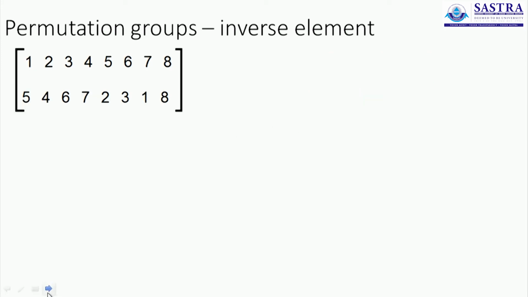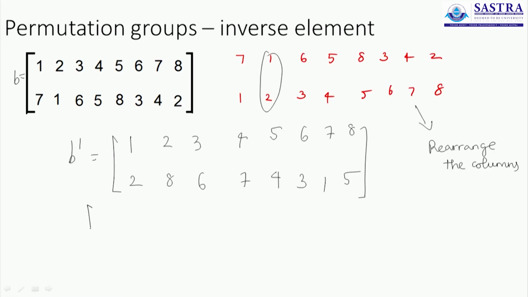And how do I show you, or how do I make you believe? Let's do the computation. Let's do what B star B dash is. Let's follow the images once again and write down the result of B star B dash. How does B star B dash work? 1 to 7, and look at 7, 7 goes to 1, so 1 goes to 1.